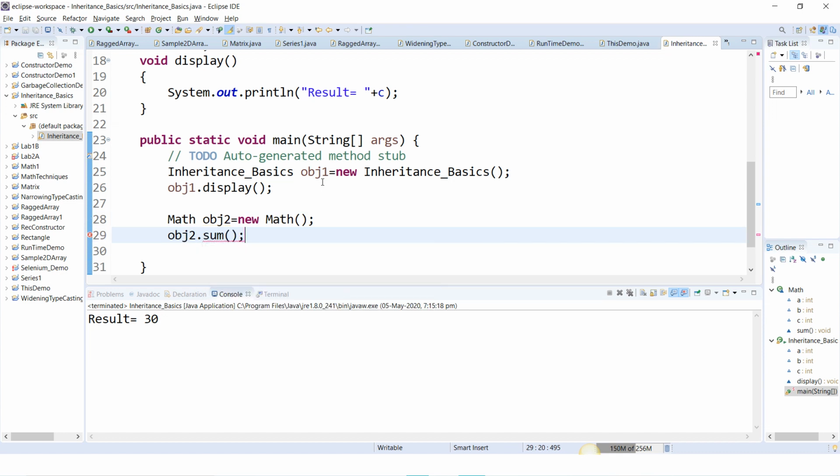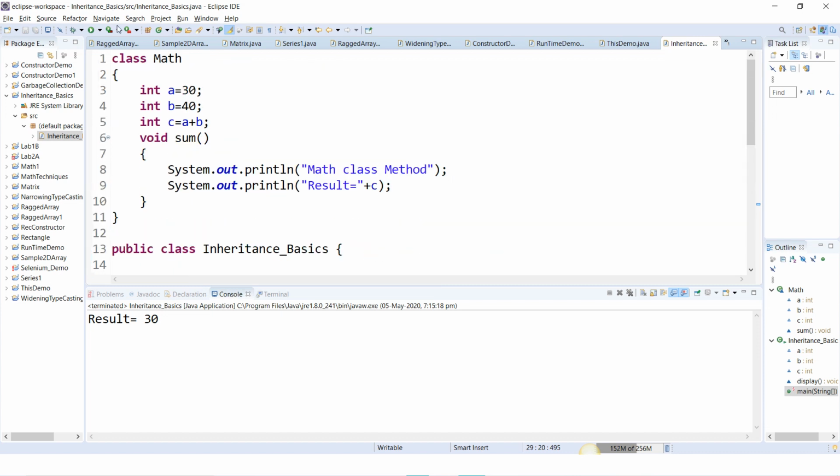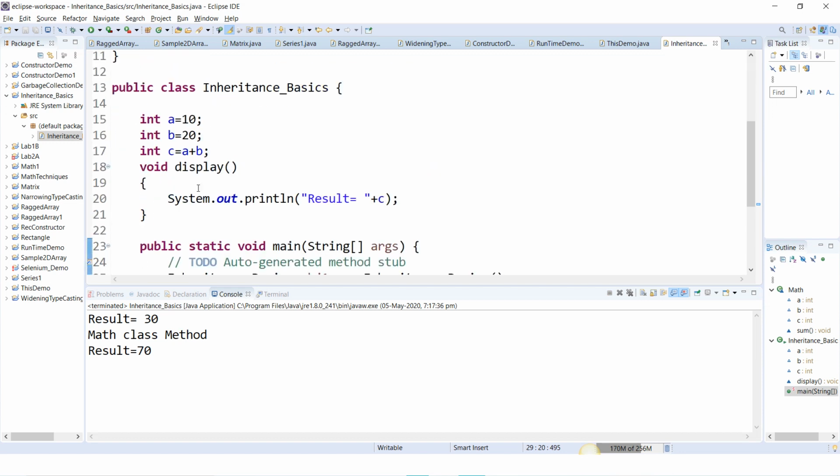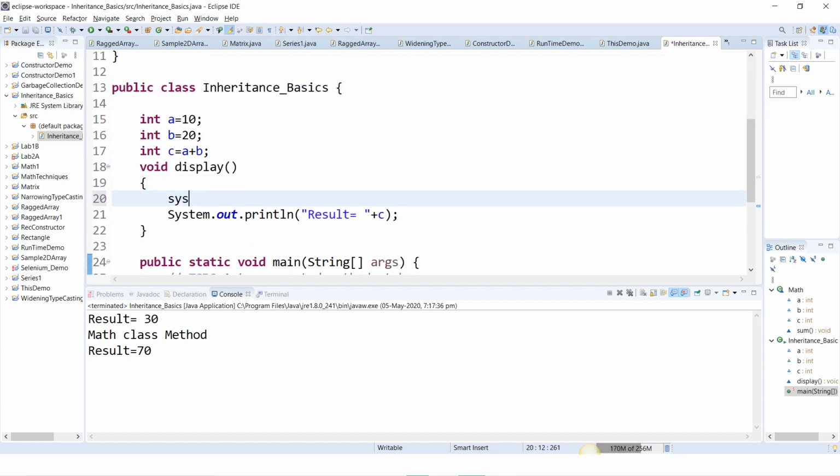Here I'll also print the InheritanceBasics class method. So execute this.